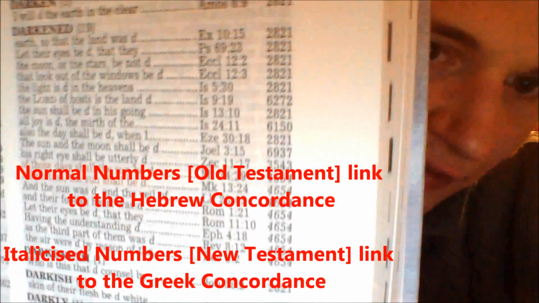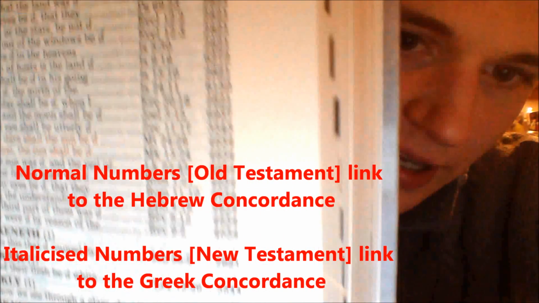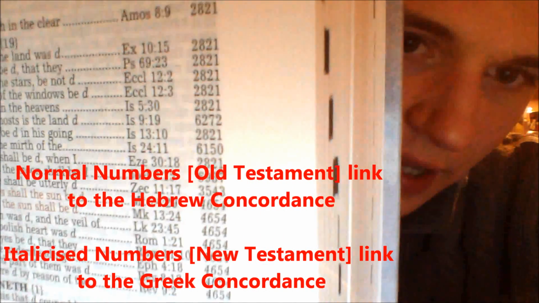So the Strong's Concordance is really, really useful, because in any place in the Bible, like for example, light translated over here in this verse is not necessarily the same type of light as translated over here in this verse. It's like entries for each word. All of these words are words found in the King James Version. So darkened. Darkened is found 19 times in the Bible, and that is where they are found, the verses that they are found in. And these numbers here,